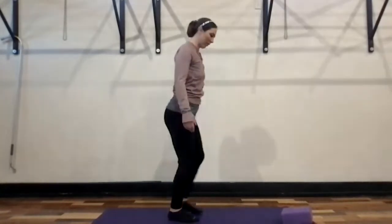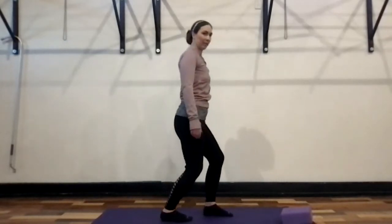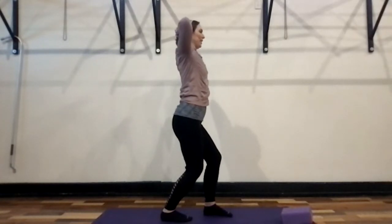Excellent. Right into short foot. Let's do left foot forward first today. About 6 inches between your feet. Bend both knees. And then let's take your hands up behind your head today so that you're opening your elbows